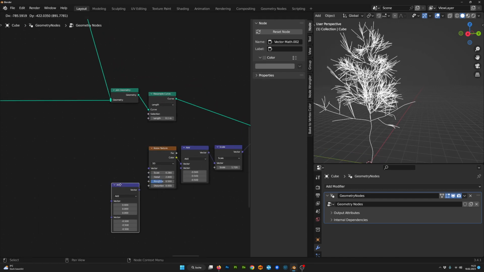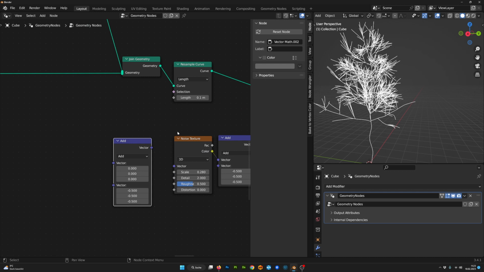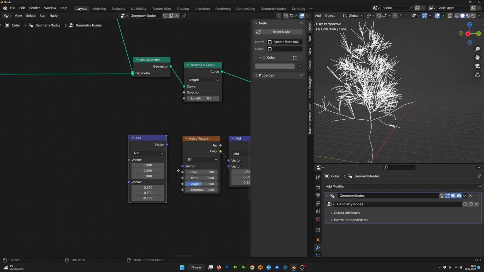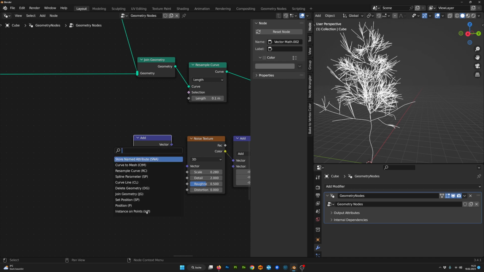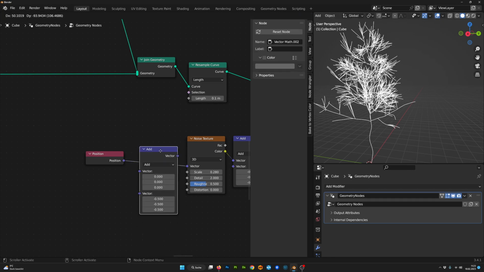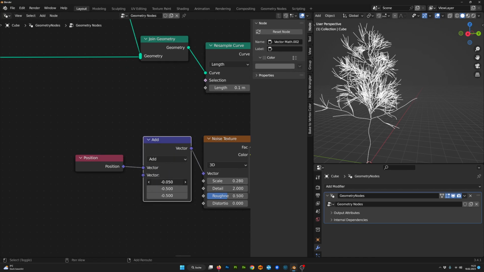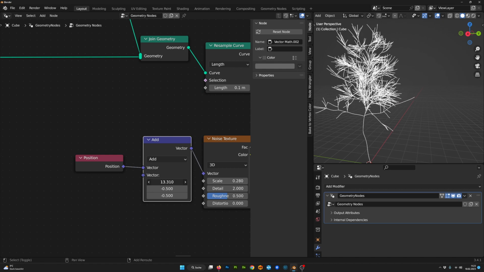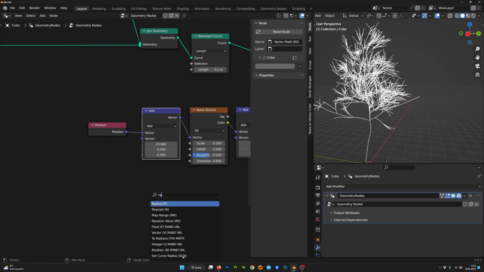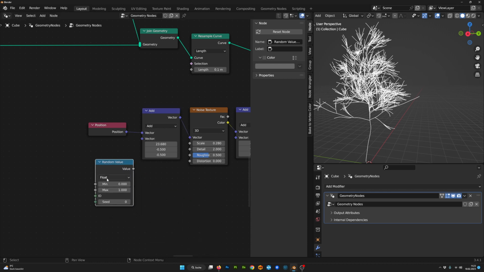And the first thing I want to talk about is how to give the noise a random seed. And this is by simply adding a random value to the vector component. And by default, the vector input is the position vector. So if I plug this in here, nothing should happen. If I now add some random value to it, you can see that the noise kind of moves a little bit. So if I just take a random value node, set it to vector,